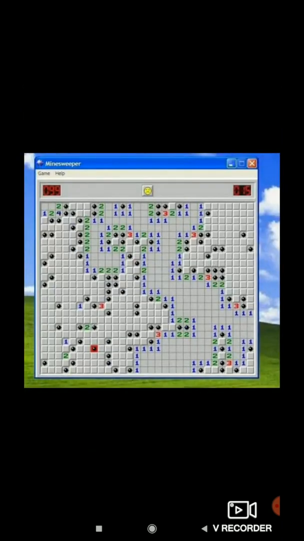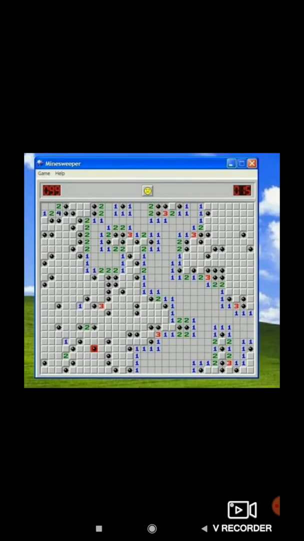As you see in this picture, there are unseen squares, and there are some folded squares, fold and unfold squares. With the help of the mouse, you unfold the squares and try to score as many points as possible. As the rule says, a mine is a black dot with spokes or spines, you can see.